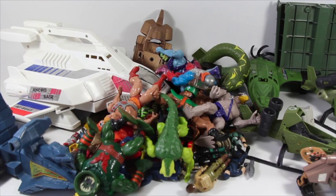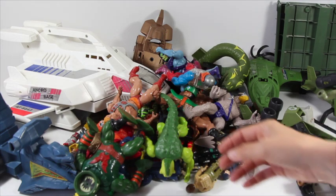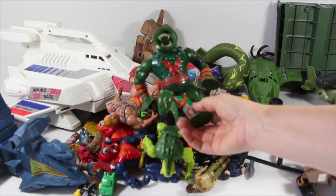Okay, and as you can see here, I picked up a lot at the flea market today, a lot more than I meant to. I picked up a pile of stuff and then came back later and the people just wanted to get rid of it, so they're like, 30 bucks, everything on the table. I left half of what was on the table there because I didn't need it, but I picked up lots of this stuff. I'm not going to go through everything because there's so much, but I got a lot of He-Man figures